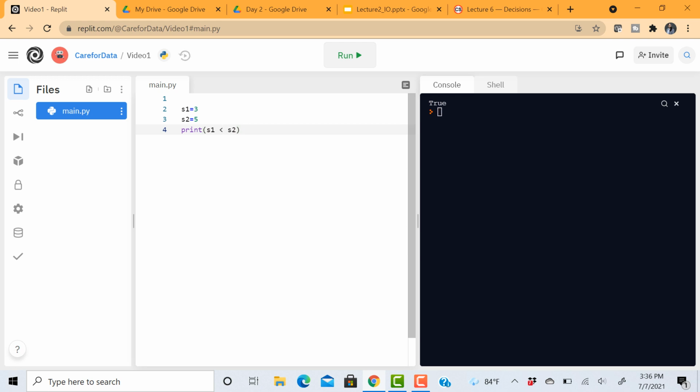Okay, what happens if I do the reverse? Is s1 greater than s2? Let me run it. It's False, obviously, because s1 is not greater than s2. In addition to this, you can also include this equal to sign, and obviously now it's going to be False. But in this case, this equal to will also be included. For example, if they are equal, then this is not greater, but you can include this as well. So let me do that again. Okay, it should return a True.